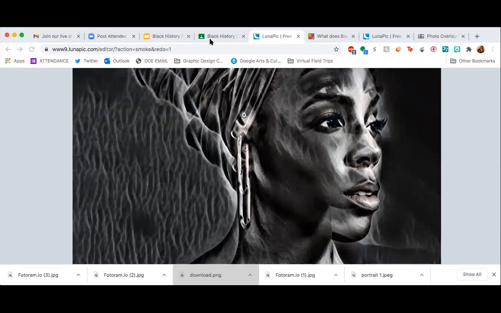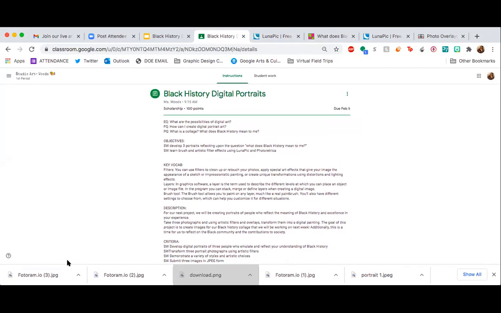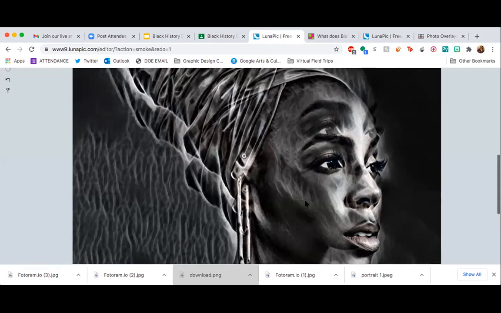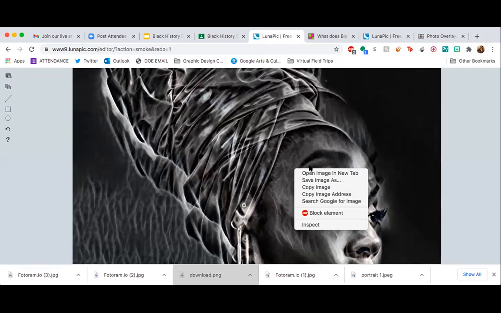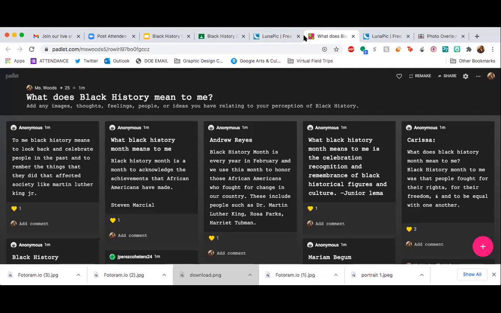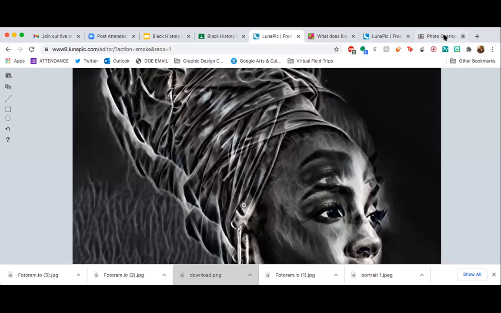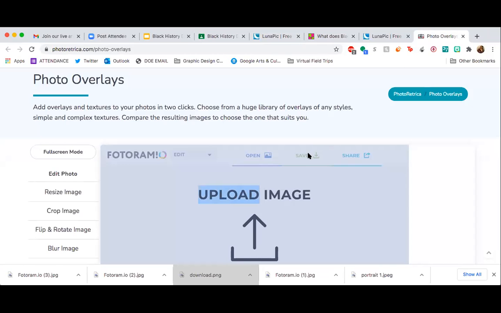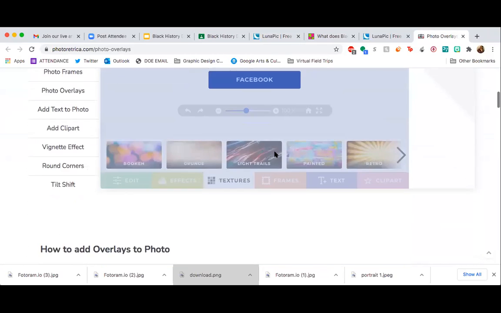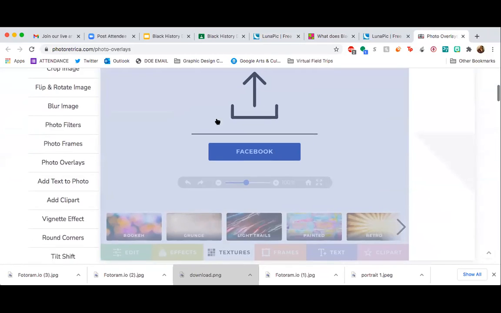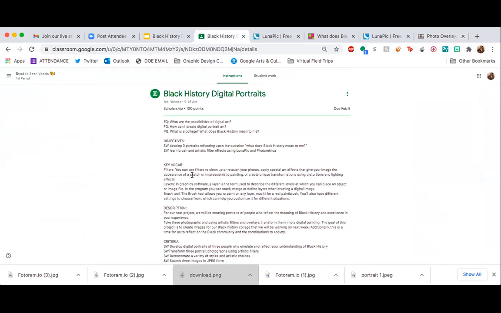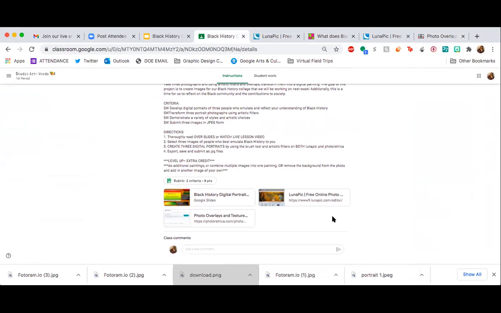All right, and just to review, you guys, when you're submitting your work, you're downloading it as a JPEG file. So saving it, don't take a screenshot on the website, right? Right click, save image, or on the other website, we click on this little save icon, because I noticed some of you guys submit screenshots. And also some of you put images in Google Docs. You don't have to do that. You can just upload the actual picture.